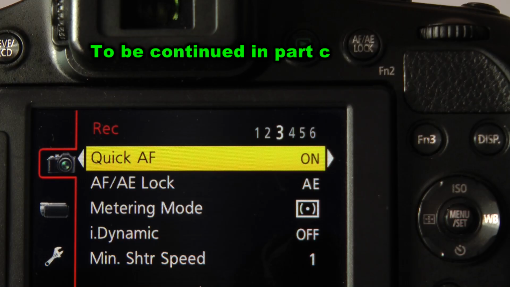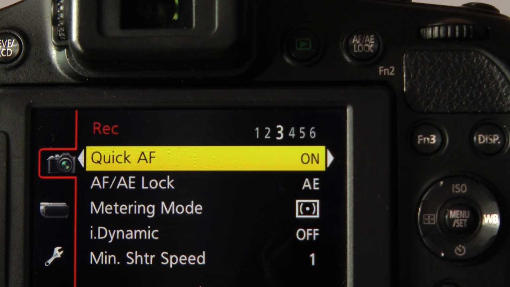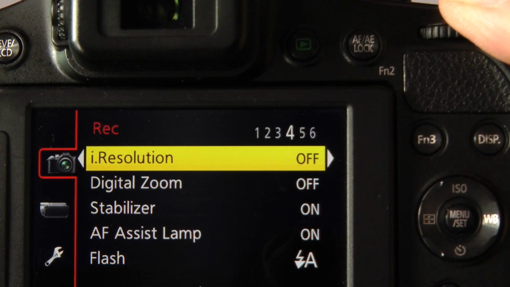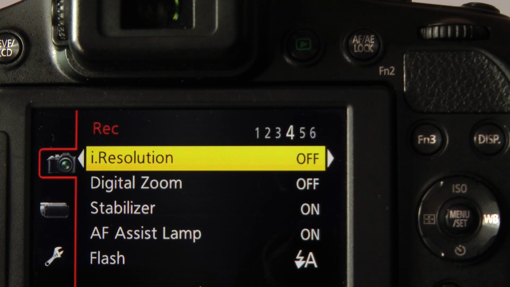Well, that's it for this second part of installment 3 of the video series. In the next part I want to look at the remaining options in the P mode. That's going to be exposure compensation and exposure bracketing, and have a look at these features such as eye dynamic, and in the next page the eye resolution effects, what they give to the photograph, what to be aware of if you engage them, and I'll show you some images I've shot with and without those modes to give you some idea of its capability.